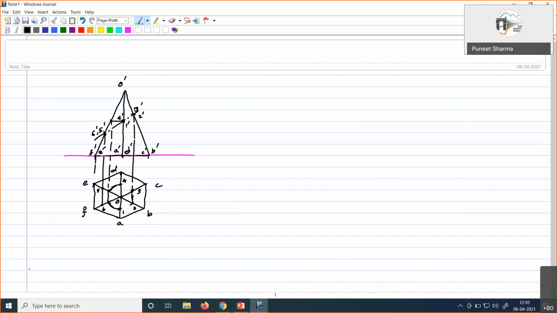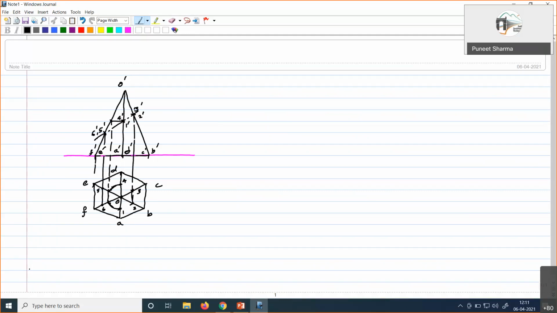Okay. So what I was trying to just emphasize again is that since this thing was not available, this 1 dash 4 dash here in the front view, you have to locate them in the top view on 1 4. Drawing a projector from this particular location of 1 dash 4 dash up to the downside, right? We really don't get this. So this is how we can obtain it.